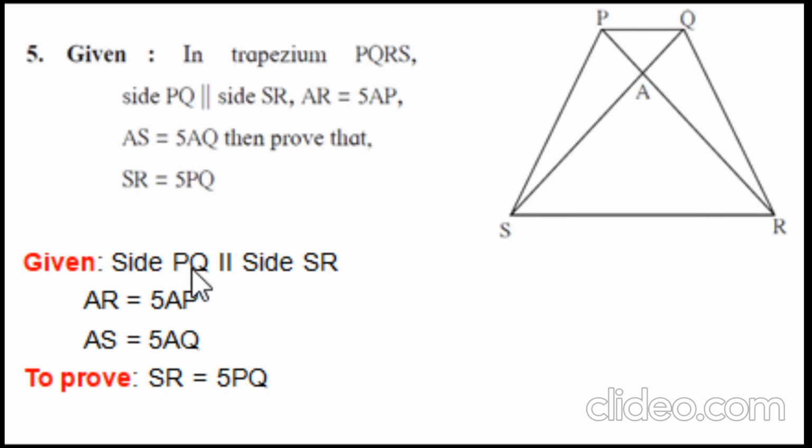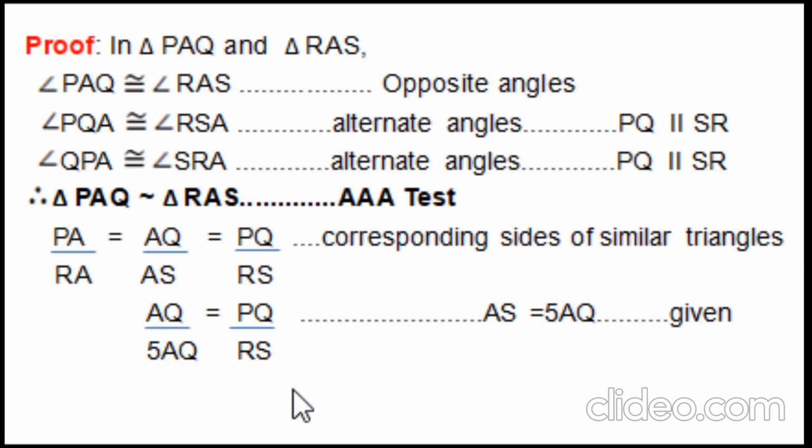So we'll write all the given. Side PQ is parallel to side SR, AR is equal to 5 AP, AS is equal to 5 AQ. Now we have to prove SR is equal to 5 PQ. Now what we are going to do in this